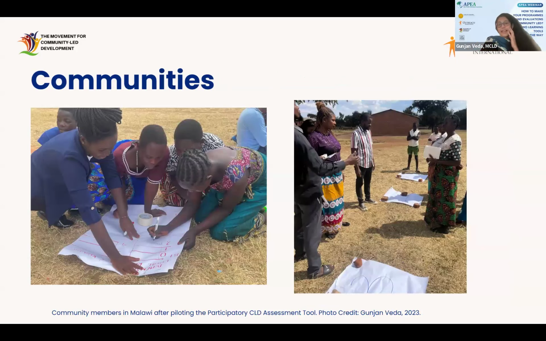I mean, communities, yes. This is from Malawi, where community leaders are actually using the tool to hold NGOs to account and say, what are you doing here? Well, why aren't we consulted? Why was the library built here? We never asked for it here. We think it should be in this space, right? All of those discussions happening. Now, the most surprising too, if we go to the next slide,